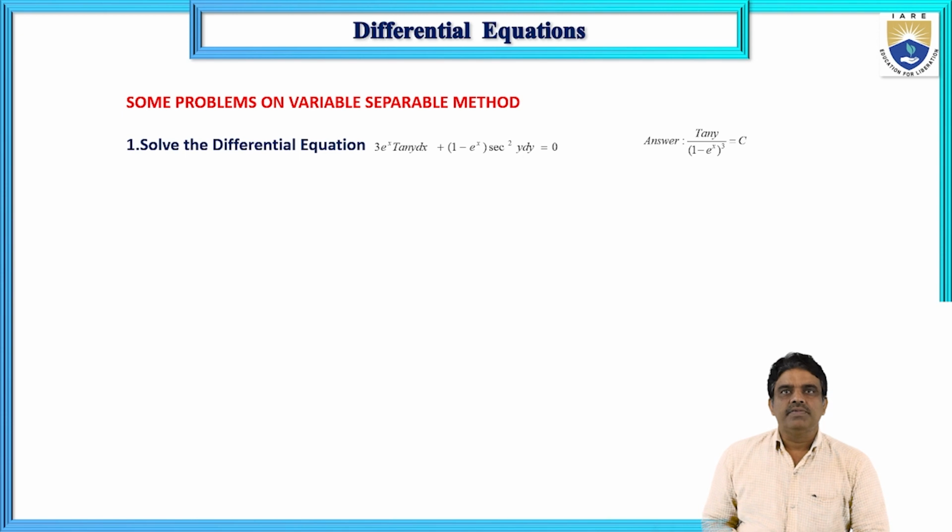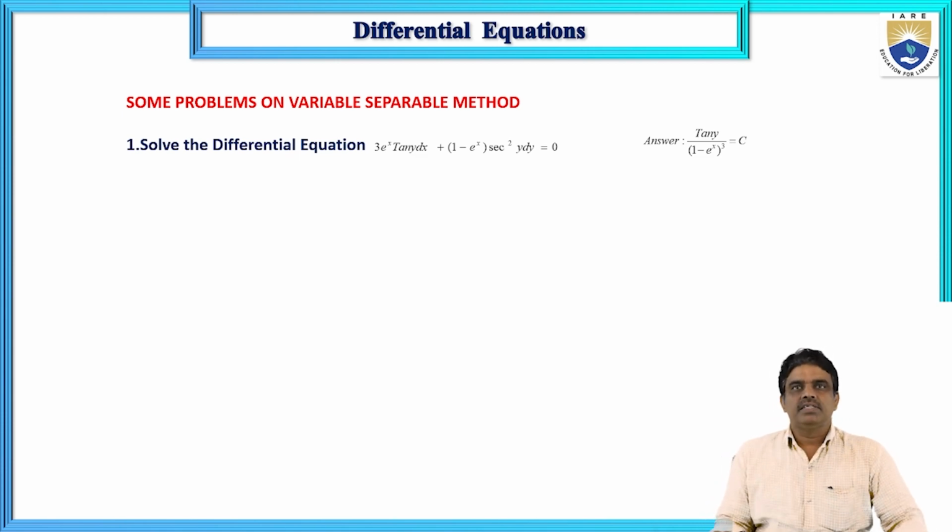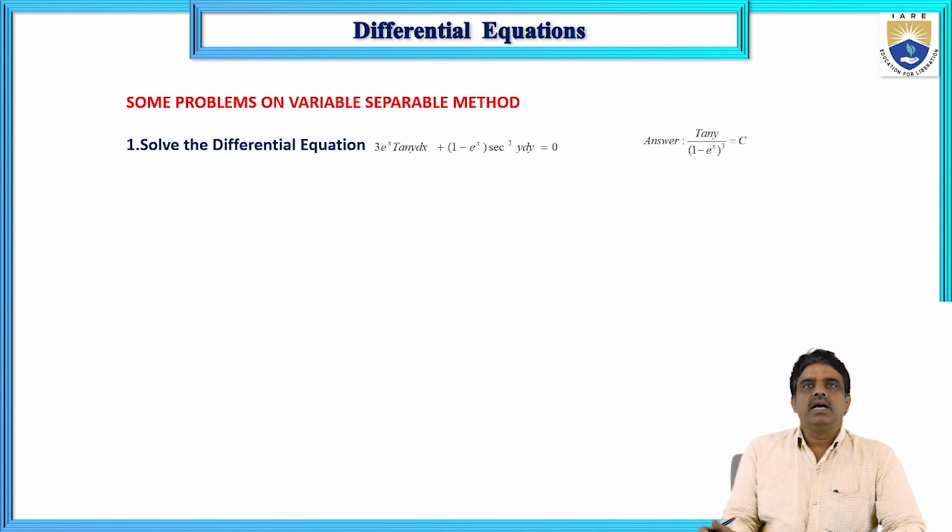Solve the differential equation 3e power x tan y dx plus 1 minus e power x secant square y dy is equal to 0. So clearly it is the first order and first degree differential equation. I can solve this differential equation by separating the variables. That means x variables on dx side and y variables on dy side, and then integrating we will get the